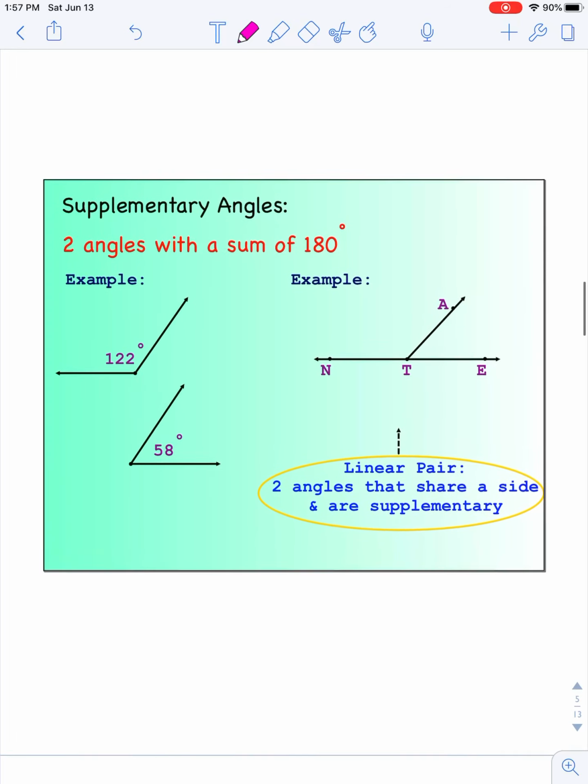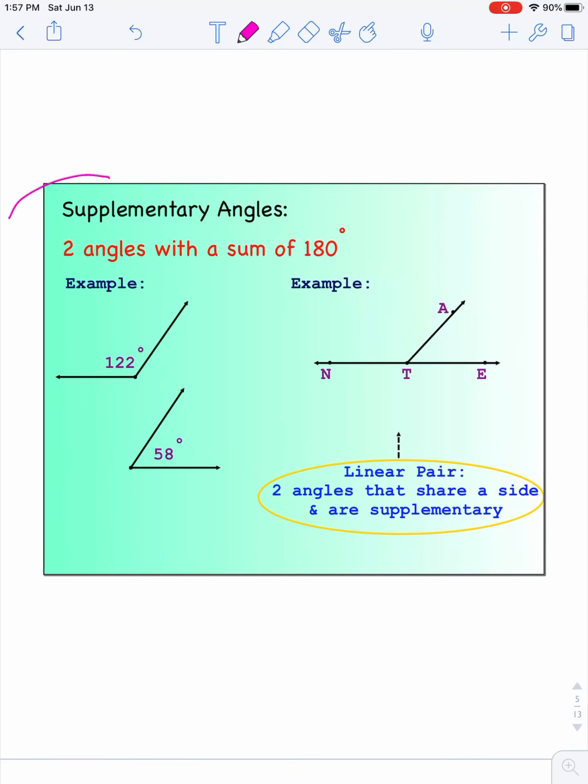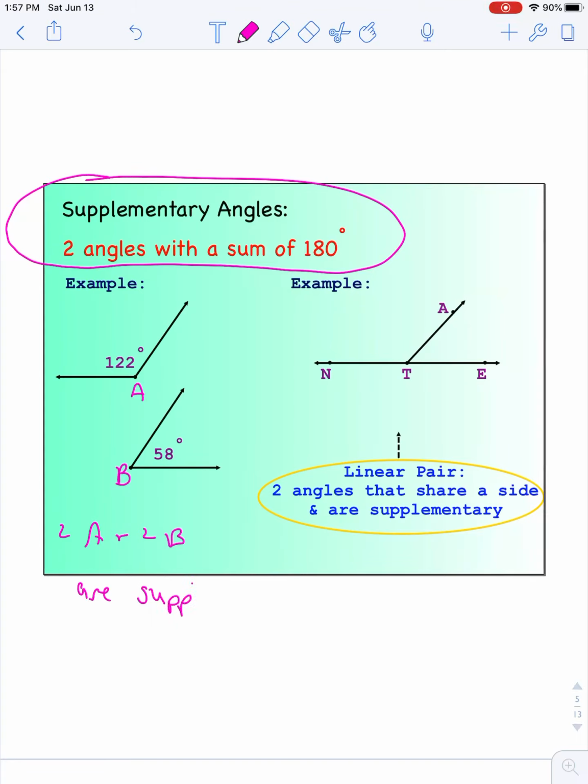So also we have supplementary angles, and supplementary angles are two angles with the sum of 180. And just like with complementary angles, they can be two separate angles drawn. So angle A and angle B are supplementary. We know that because 112 plus 58 equals 180 degrees. Or they can be drawn in the same picture like this second example. Now,